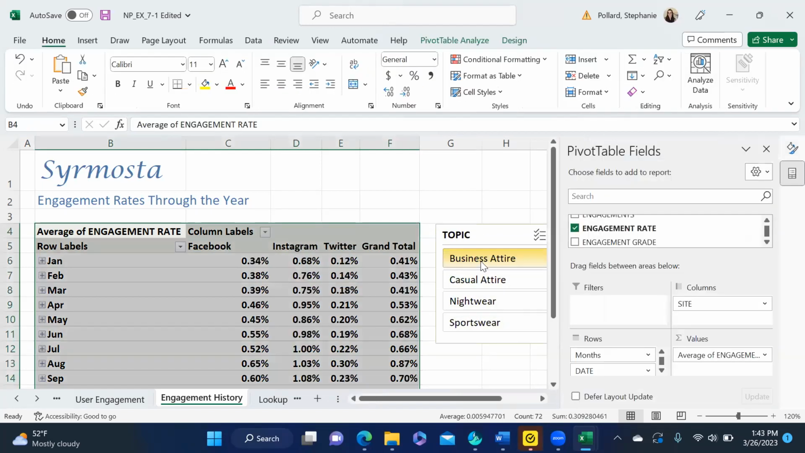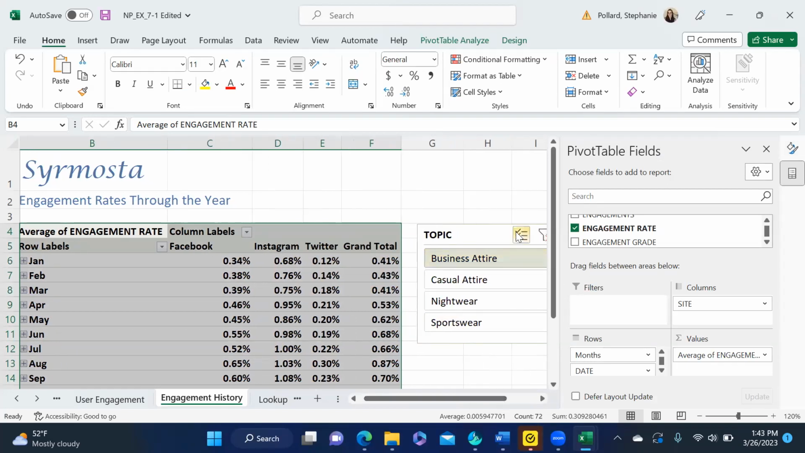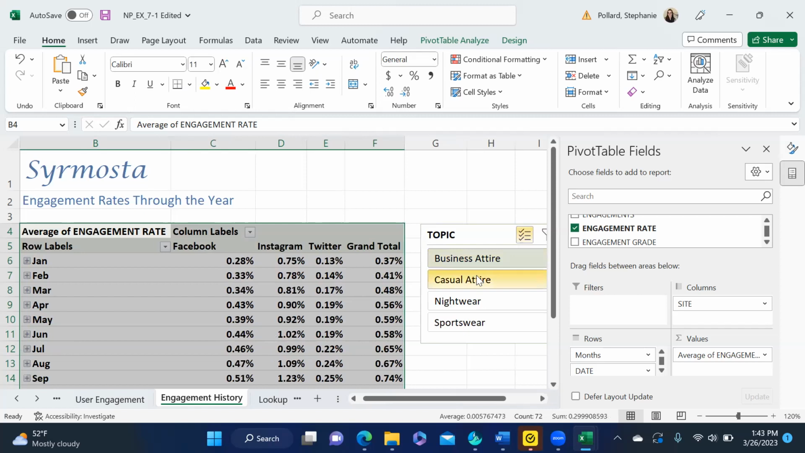And you can select just one of them, or you can go ahead and select multiple of them, right? If I click this checkbox here, I can select more than one. And you can see that the numbers on the left are changing as I keep selecting them, right? So let's say I just want to focus on business attire. I do see the numbers changing here in my pivot. If I go to